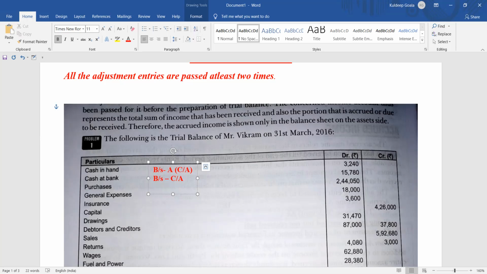So then coming to the next one, purchases. Purchases goes in the trading account, which side? Debit side। And then comes the next one, general expenses. General expenses will go in the profit and loss account, debit side। Then coming to the next one, insurance. Insurance will go in the profit and loss, debit side।